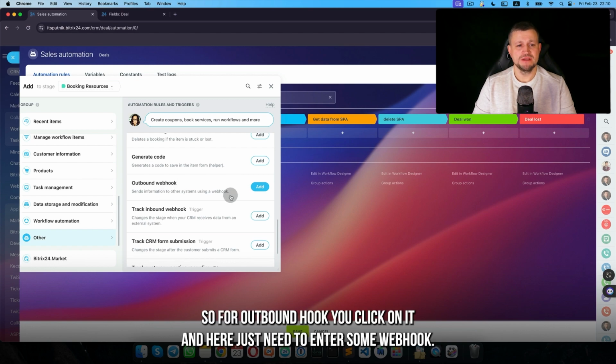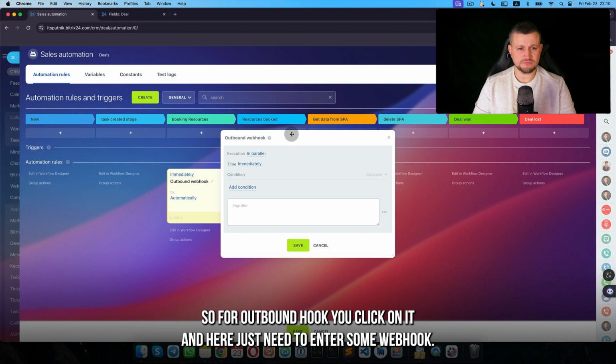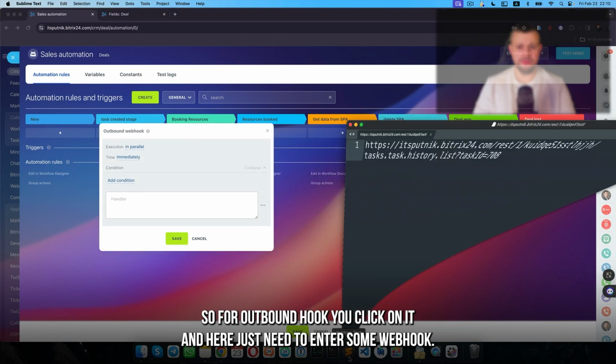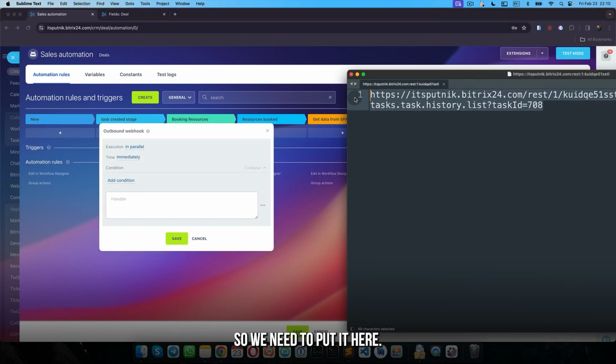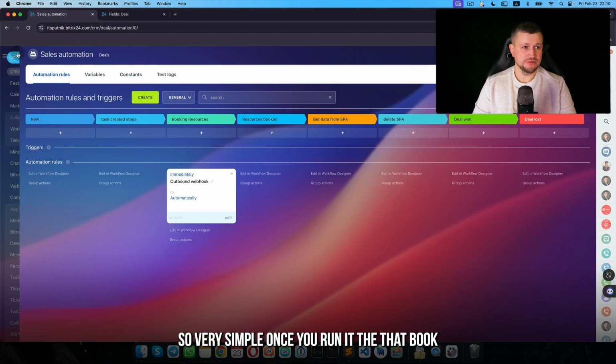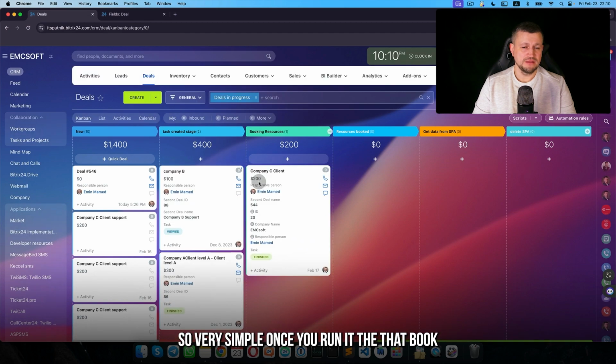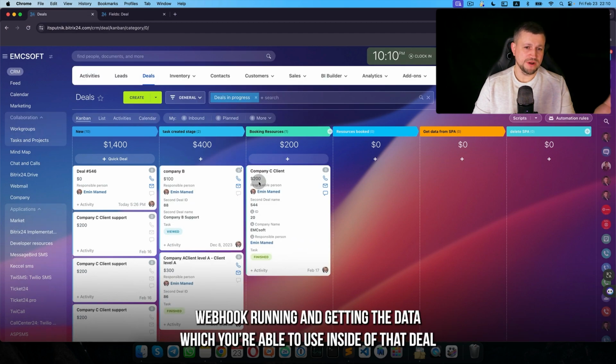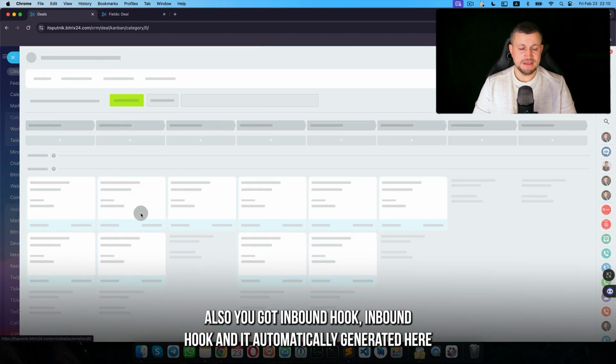But anyway, for outbound hook, you click on it, and here you just need to enter some webhook. So I generated one, so you need to put it here, save it, and that's it. So very simple. Once you run it, that webhook runs and gets that data which you're able to use inside of that deal. Okay. Also, you got inbound hook,